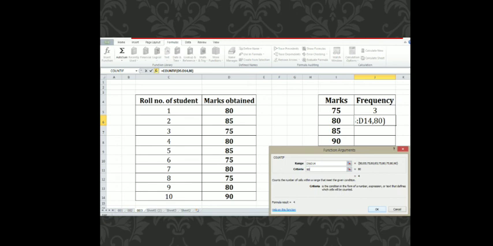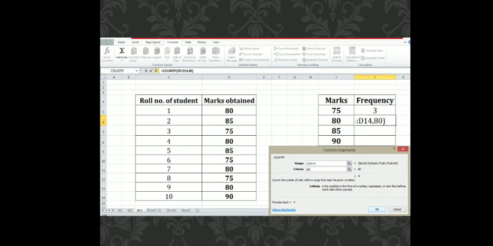Similarly, now we have to fill all the cells of the frequency column. So now select the next cell in the frequency column and follow the steps as previously described. However, in the criteria section, choose the next marks label and click on the OK button.